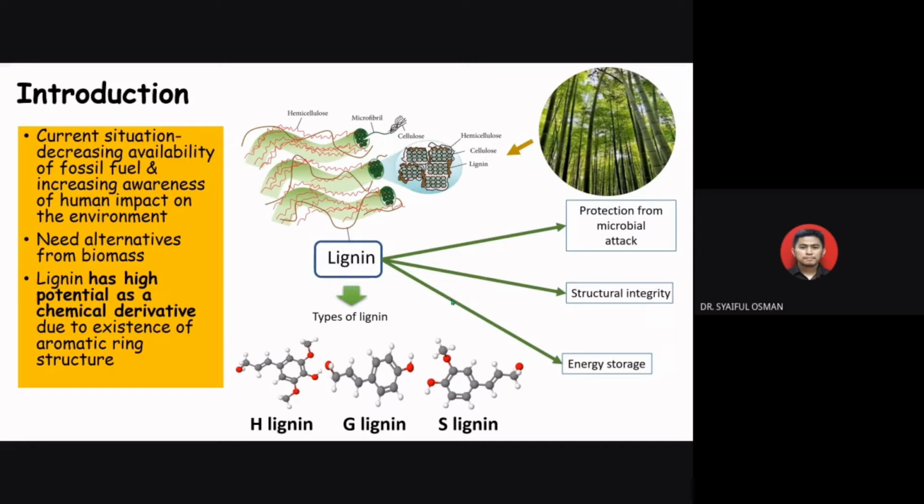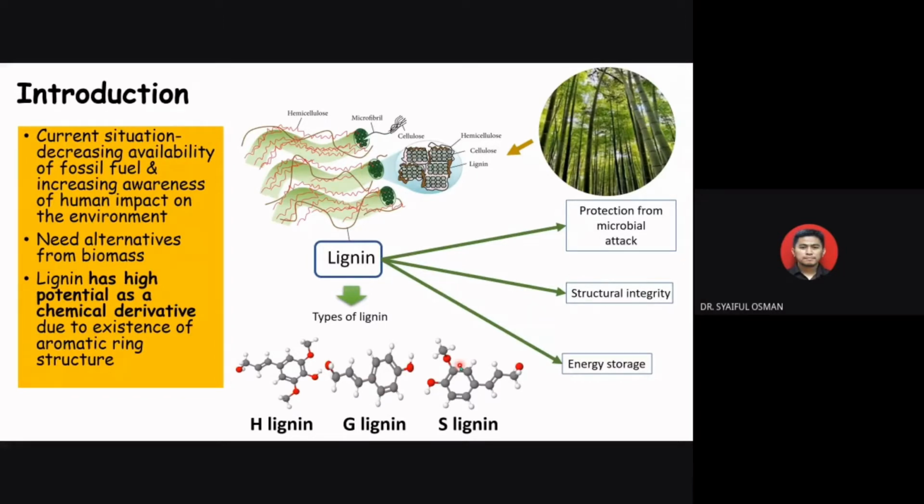So in plant, lignin acts by providing a structural integrity to the cell wall. It also protects from the microbial attack and also acts as energy storage. And there are three types of lignin. First, we have H-lignin or hydroxyphenylpropane. Then we have guaiacyl lignin or G-lignin. And then we have